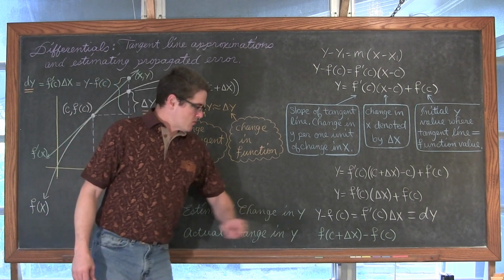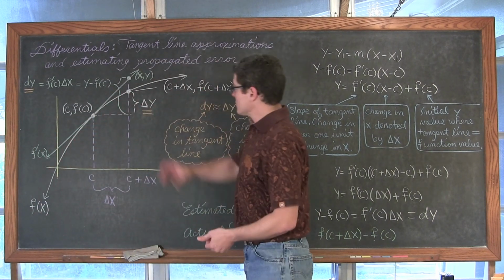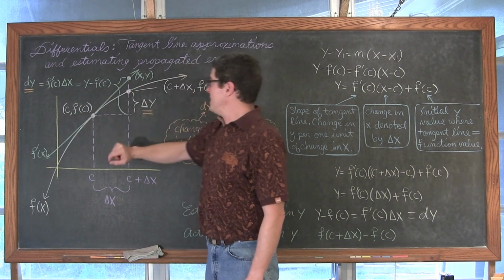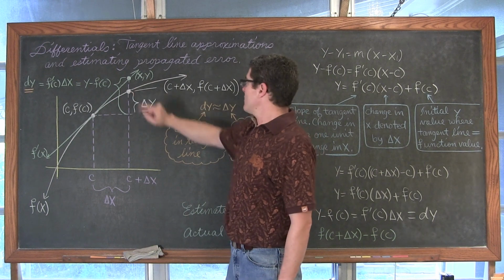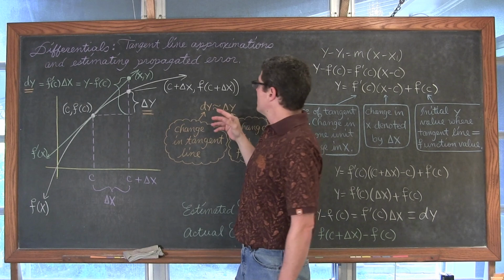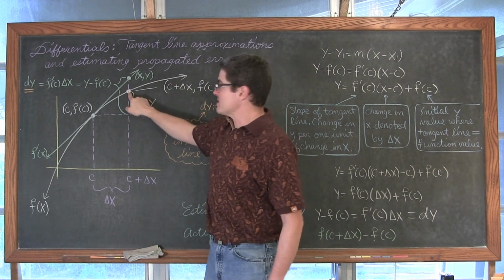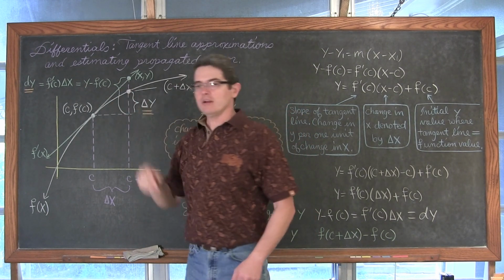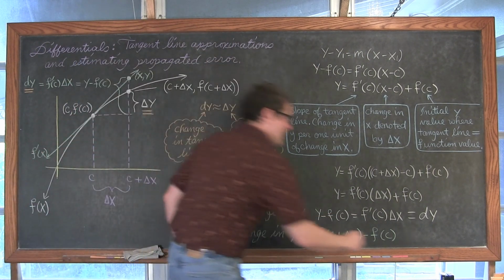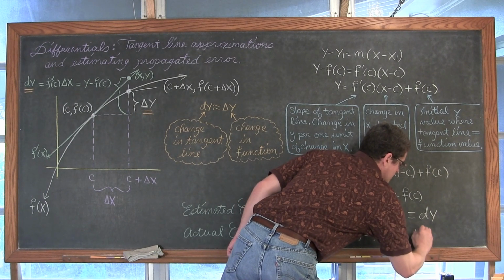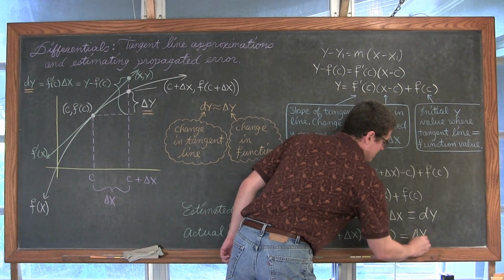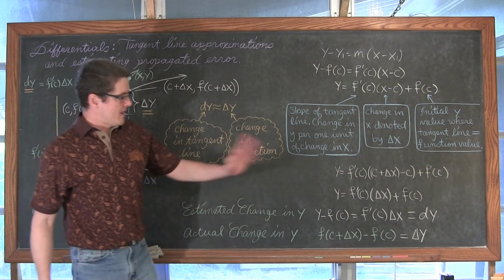And the actual change in y, the actual change in the function, well, the function itself has the coordinate c, f of c, and, at least the way this is diagrammed, c plus delta x, f of c plus delta x. So I'm just going to take that y value that's actually on the graph and subtract that y value, which is actually on the graph. And so we have f of c plus delta x minus f of c, and that is going to be labeled as delta, did I say dx over there? I meant to say dy if I did not. And that's going to be delta y.